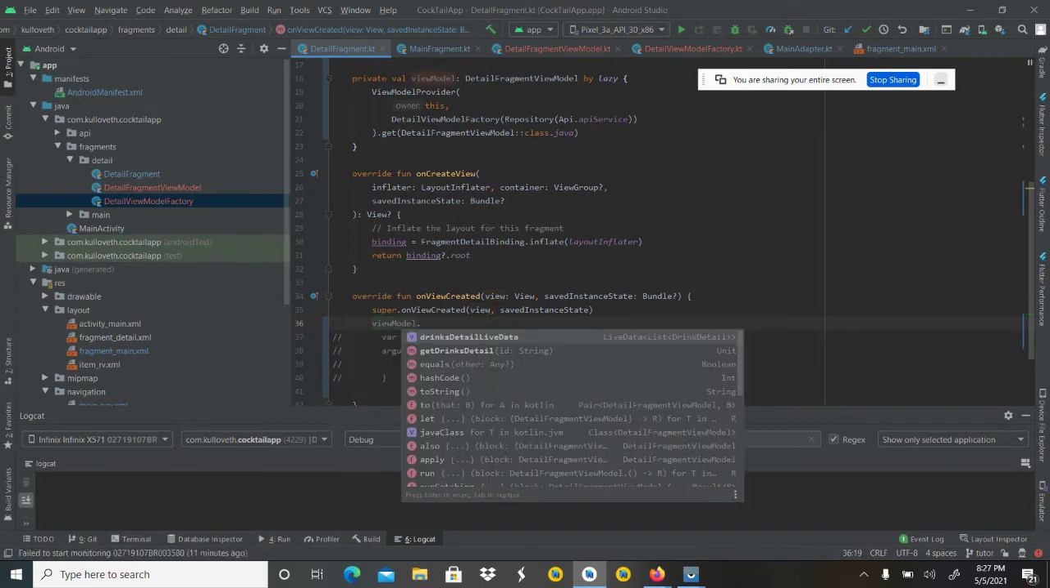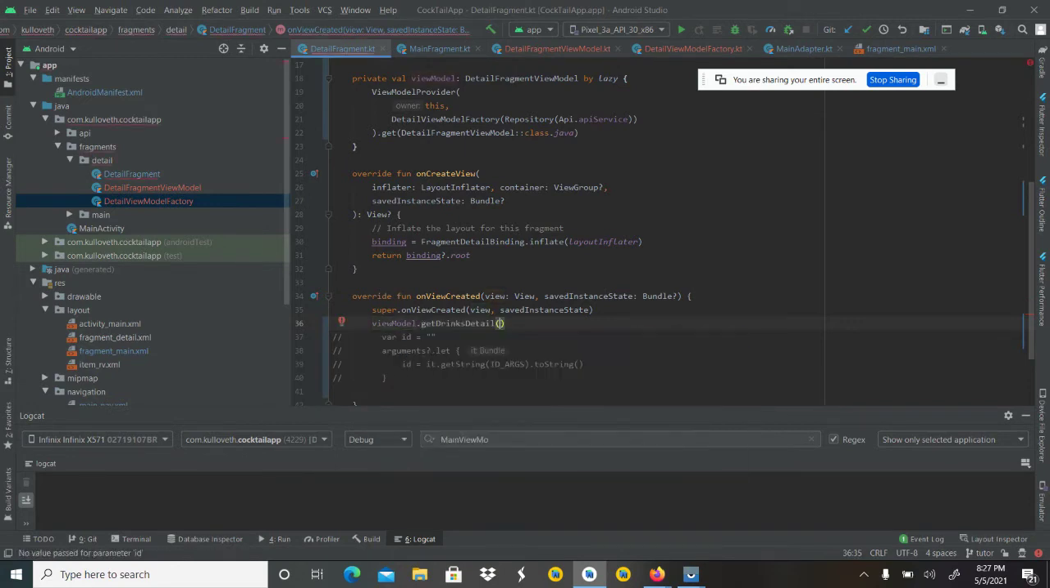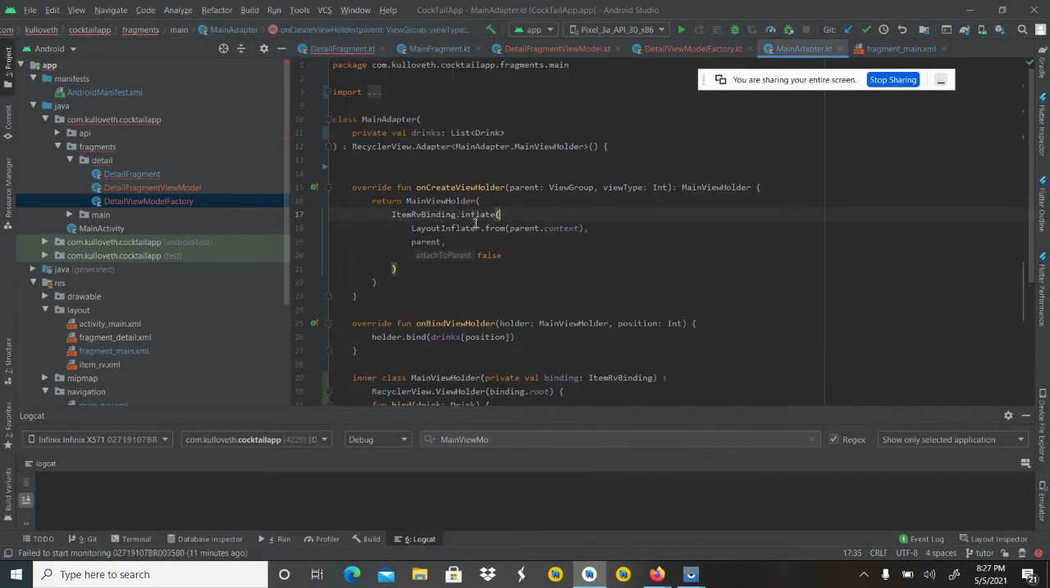View model dot get drinks detail. So remember we need to pass in an ID in this drinks detail. And to get this ID, it needs to come from each item, the ID of each item selected from the list of drinks. So how do we get this ID? We should go back to our adapter and create a click listener. We're going to be creating a lambda method as a listener,